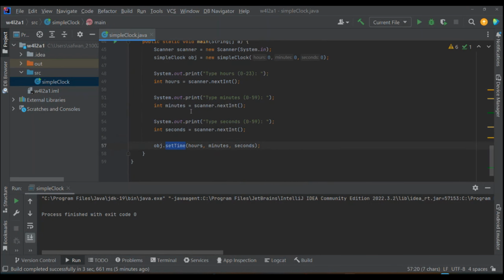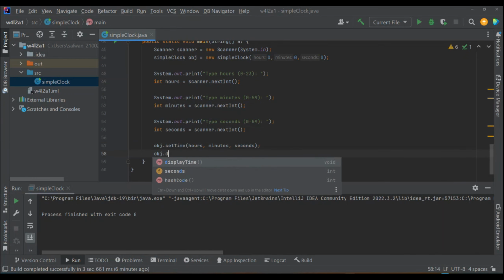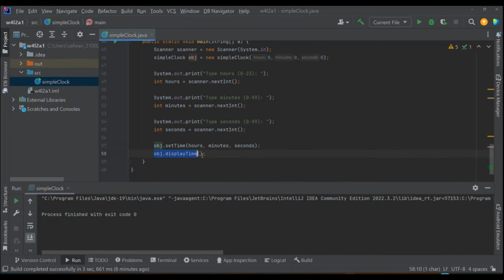Or I can also use the constructor. Right here, we use the default constructor. So I can also use the other constructor to set our time. And then after that, I need to display. So we have display time. That's it. After setting the time, I call the function display time. So whenever I run this code,